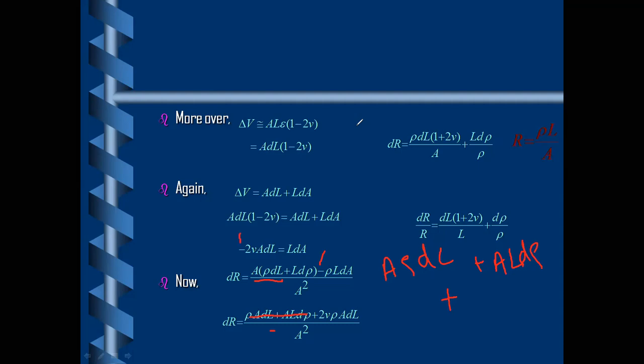So over here, if I want to place that particular value, what I am going to get is LDA equal to minus 2 mu A dl, and here I am having rho LD